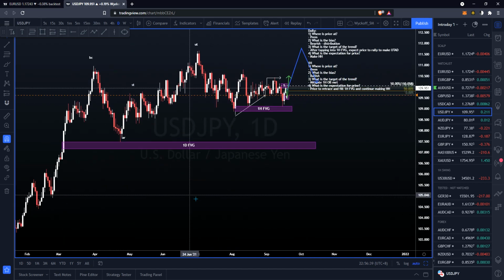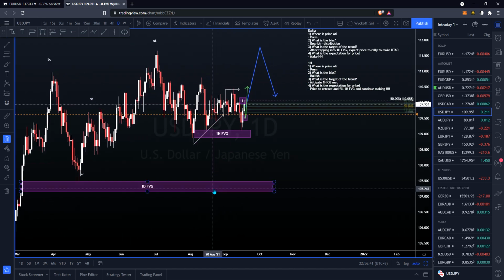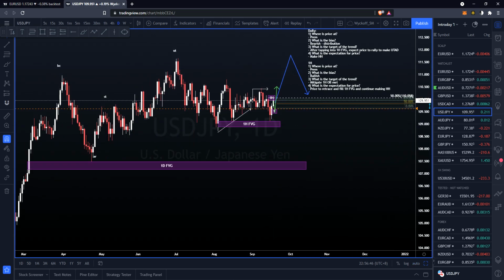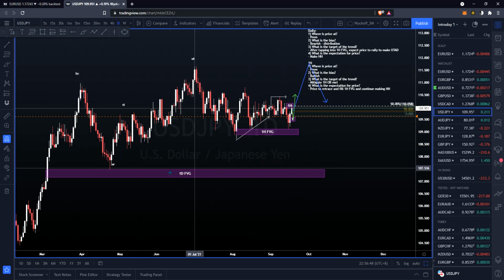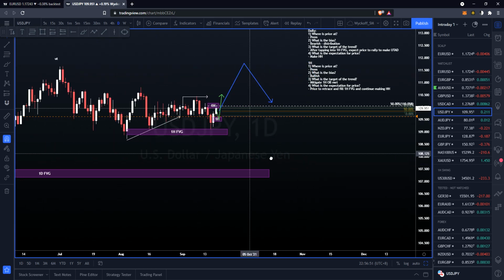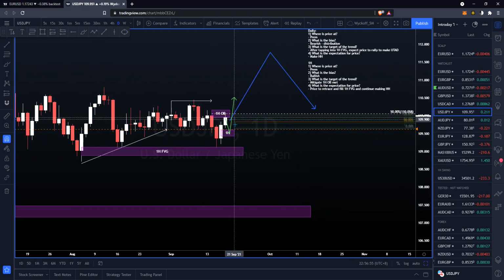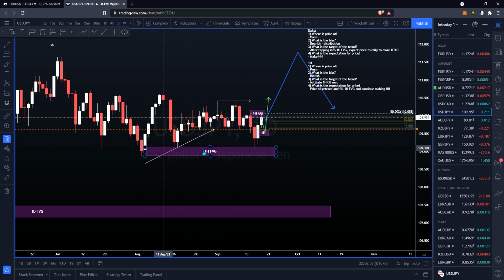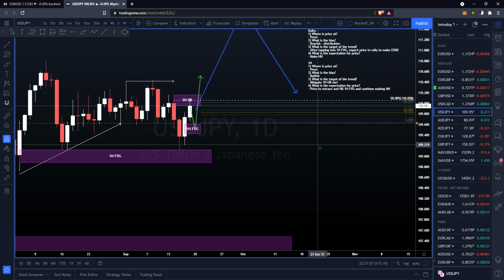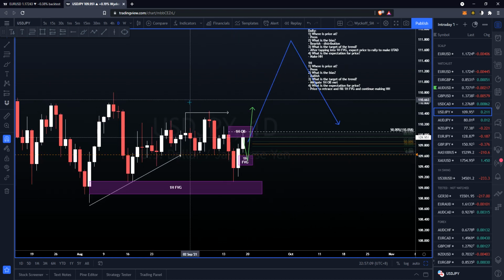So, USDJPY, we are kind of building this schematic over here, and can't remember my analysis, but oh yeah, we tap into this 1 hour fair value gap, and right now we are at a 1 hour order block. I mean, we tapped into a 1 hour order block, so I would expect price to actually go up